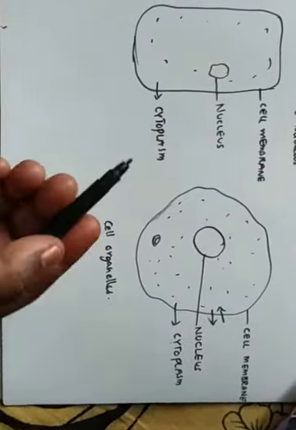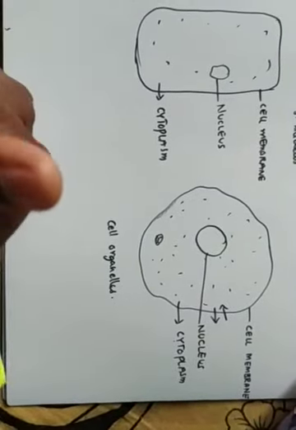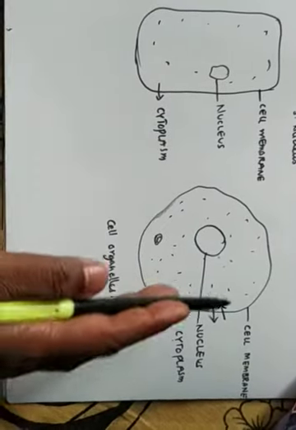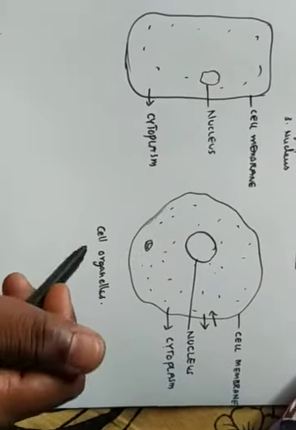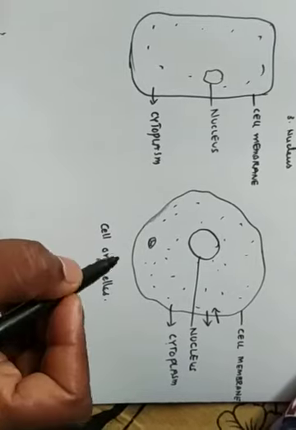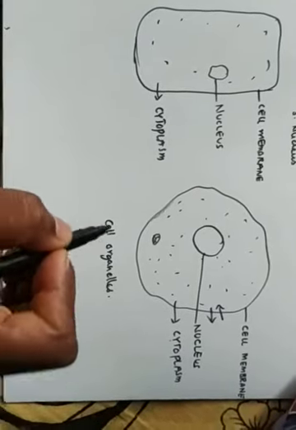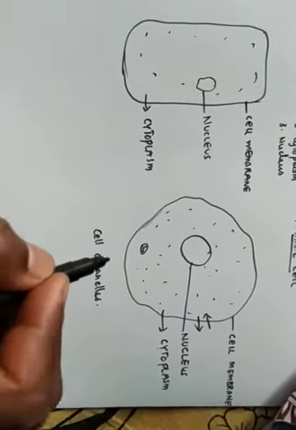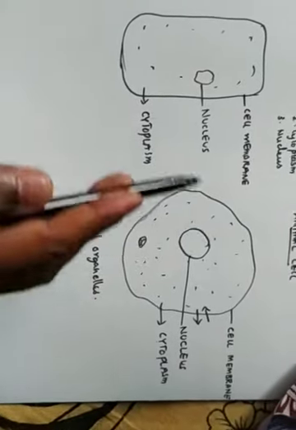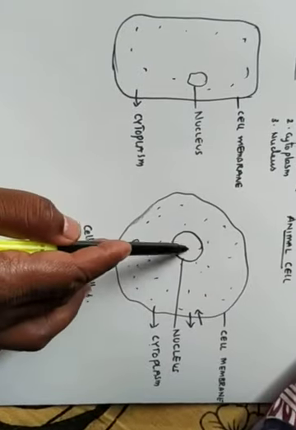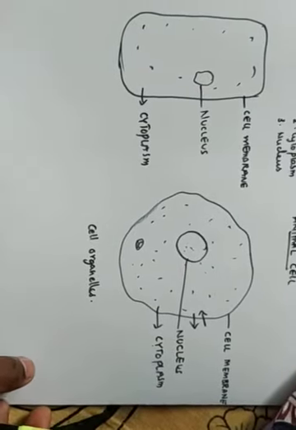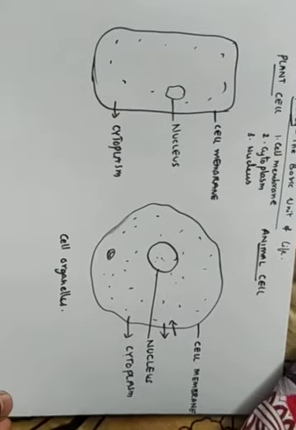There are different types of cell organelles that you will be studying in the higher classes. So these cell organelles are present inside the cytoplasm, which are very important because every cell organelle has a particular function in a cell. They have their own function, but these are all controlled by the nucleus, which is called the boss of the cell. Is it clear, children? Understood now?